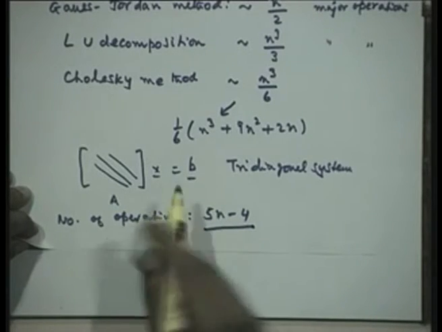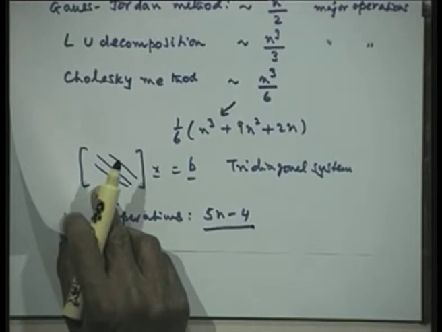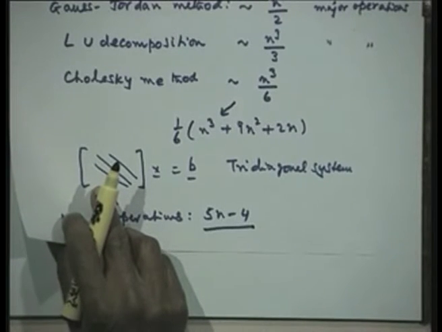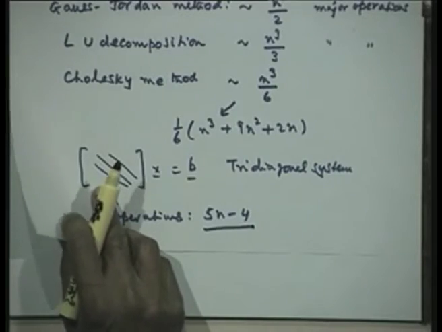So, that is the reason why I say that a suitable method should be used for solving any particular problem, be it a differential equation or any other problem. However, if it is not possible for us to put it in this form, there is no alternative for us but to go for the iterative methods. Now, if you have a system of equations of the order of 10 to the power of 6 by 10 to the power of 6, it is almost full, or it has a band structure such that the bandwidth is very large for the matrix A, it is not possible for us to store this on the computer.